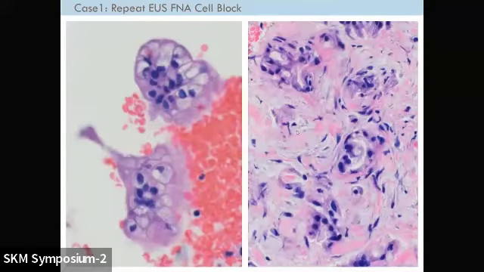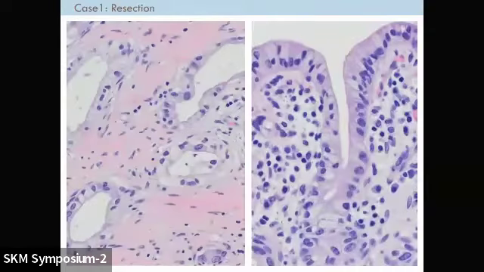But it was the stromal elements that showed infiltration by these very abnormal glands with irregular contours. If you look at the cells lining these glands, they are not super malignant, but overall we felt that this is enough for us to call it a malignant neoplasm. So the patient underwent a Whipple's resection,